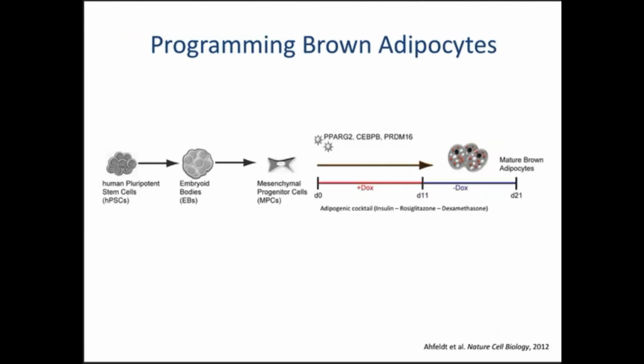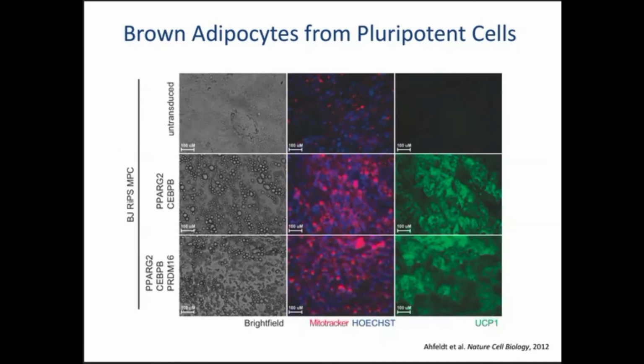So what did you do to make the brown? Just added different transcription factors, and in fact, I put it up here because it's controversial in Boston. PRDM16, which Bruce Spiegelman had defined and talked about, is completely dispensable. It's in fact not even involved in brown fat. It's in subcutaneous fat. But the only factor you need is C/EBP beta, which seems to be the critical difference in terms of a transcriptional regulator. It starts the mitochondrial program that is essential for a brown fat cell. And PPAR gamma makes you fat-like. So those two together make things that are indistinguishable from brown fat in our hands, so indistinguishable that we've actually transplanted these cells into immune-compromised mice, and they're functional.